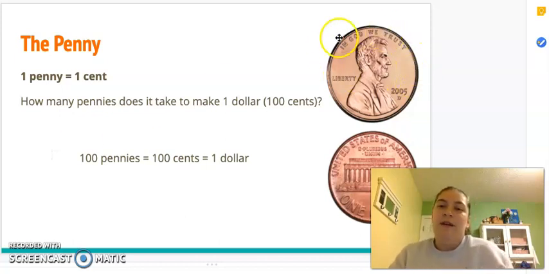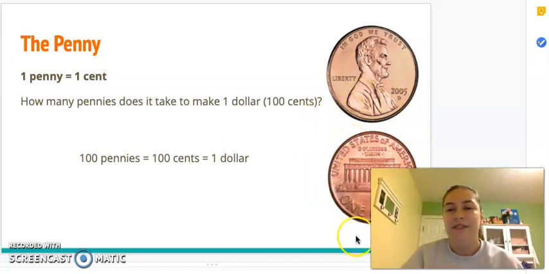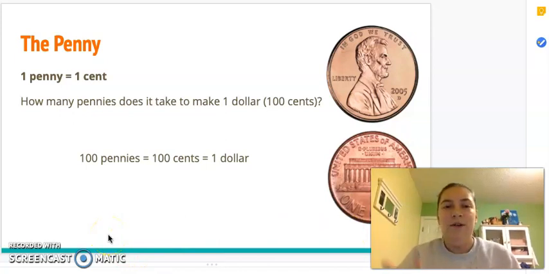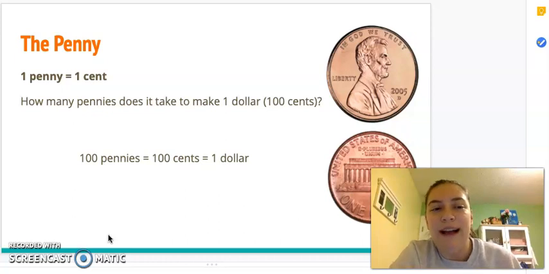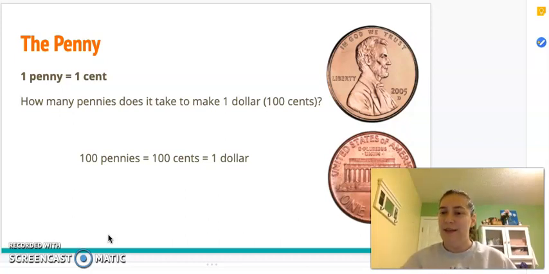I have a picture of this one up here too. Here's the front of our penny and the back. And it even says 1 cent on the back. So it's really good if you have coins at home and dollar bills, if you want to practice like just sticking your hand in the jar and then pulling out like 5 or 6 at a time and then tallying them up and seeing if like a sibling or a parent